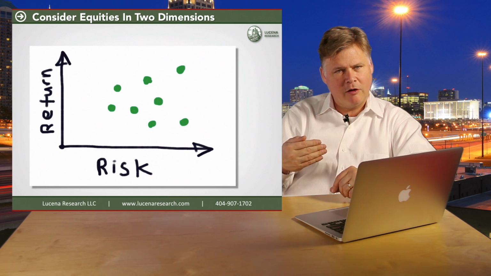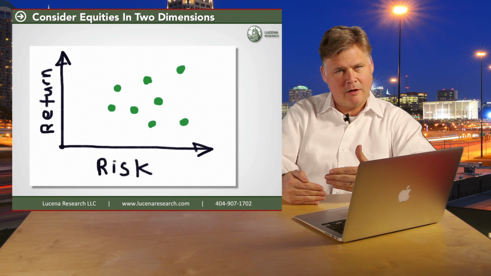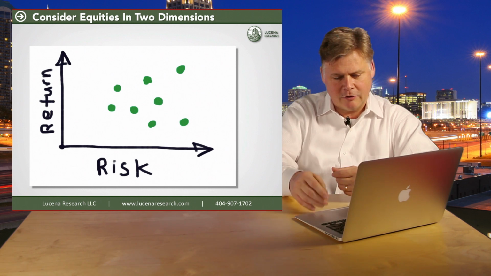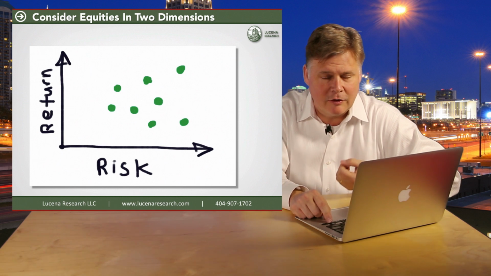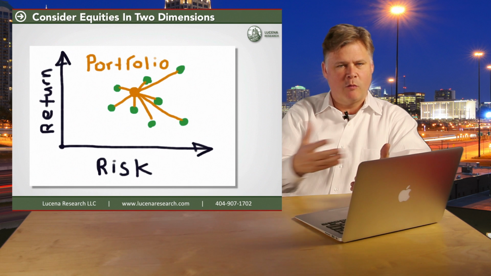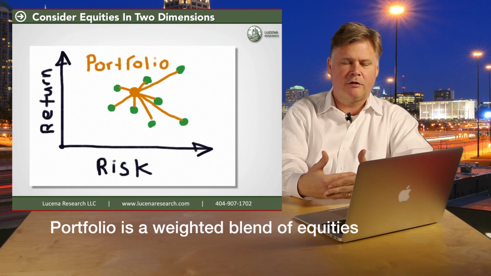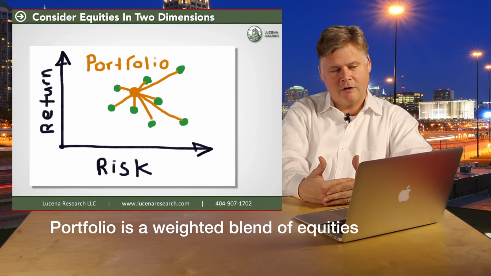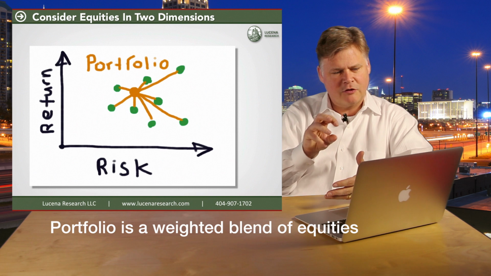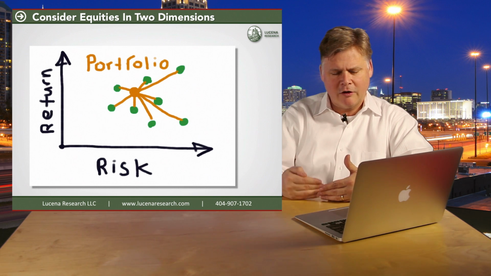And when you build a portfolio by allocating a weighted amount of cash to each one of these equities, you get a portfolio that's sort of a weighted combination of each of these equities. Now, the portfolio itself is somewhere on this graph. It has a certain amount of risk and a certain amount of return or expected return. And you would think that it would be sort of somewhere in the middle of where all these equities are. Well, it turns out that